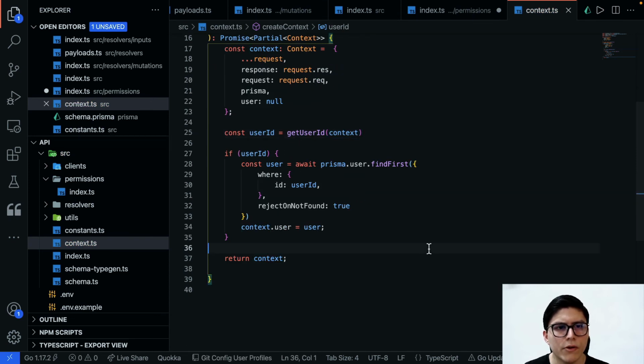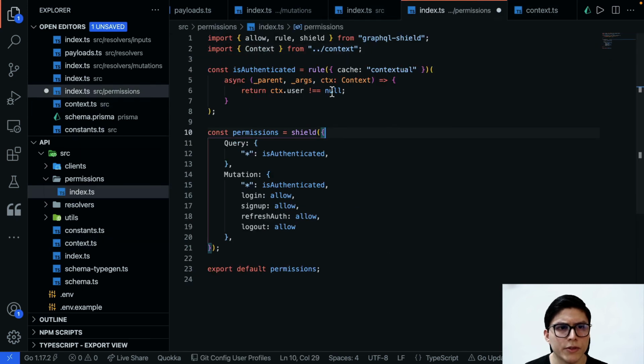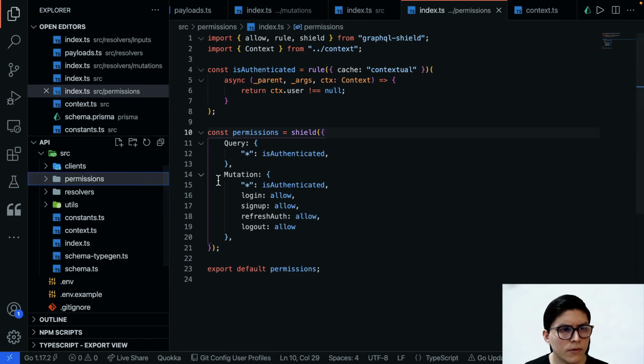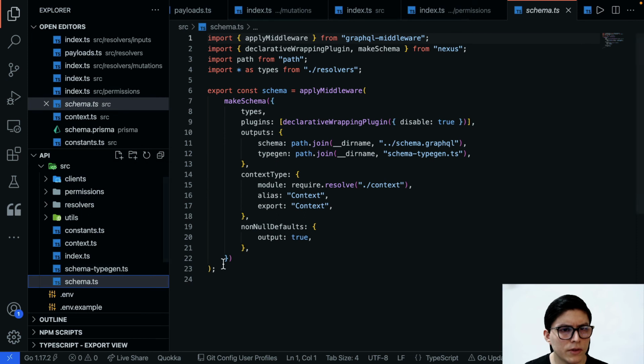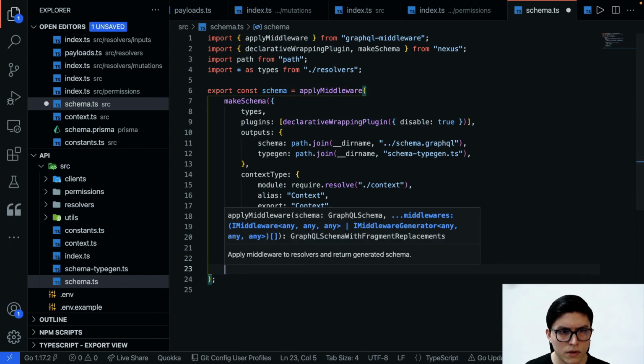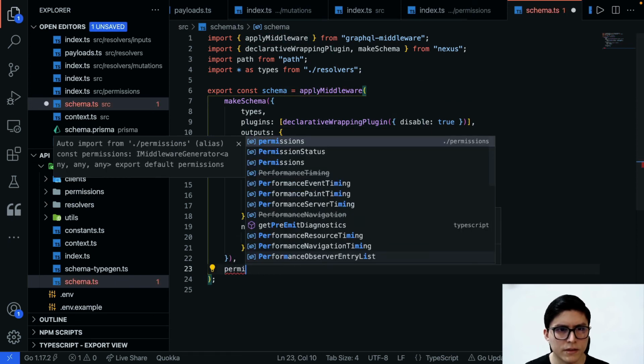Okay, so now when we create a context, we are going to check if we can get the user ID from the headers, and if it's there, try to get the user from the database and set that object into the context. When we go back to permissions, we can see that that error went away and our rule is valid. For actually applying these permissions, we will need to go into the schema declaration. In here, we previously set the apply middleware dependency. We just need to pass the permissions.